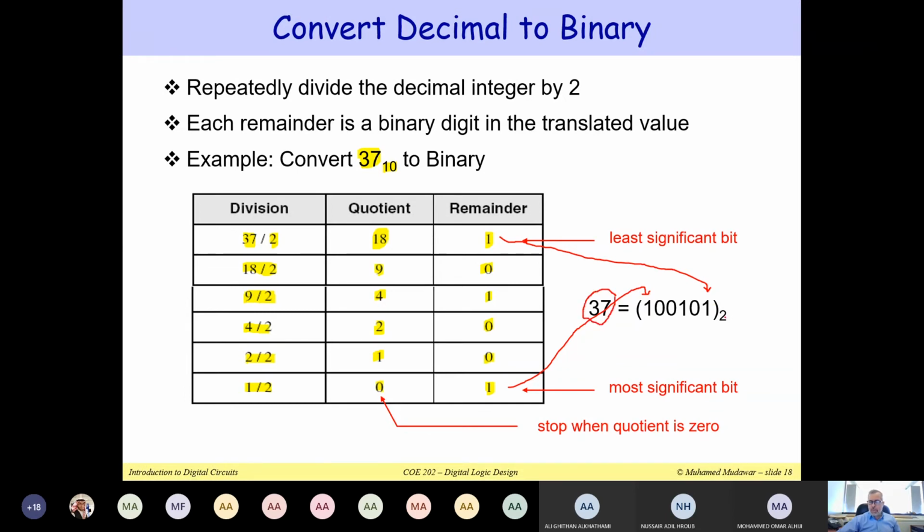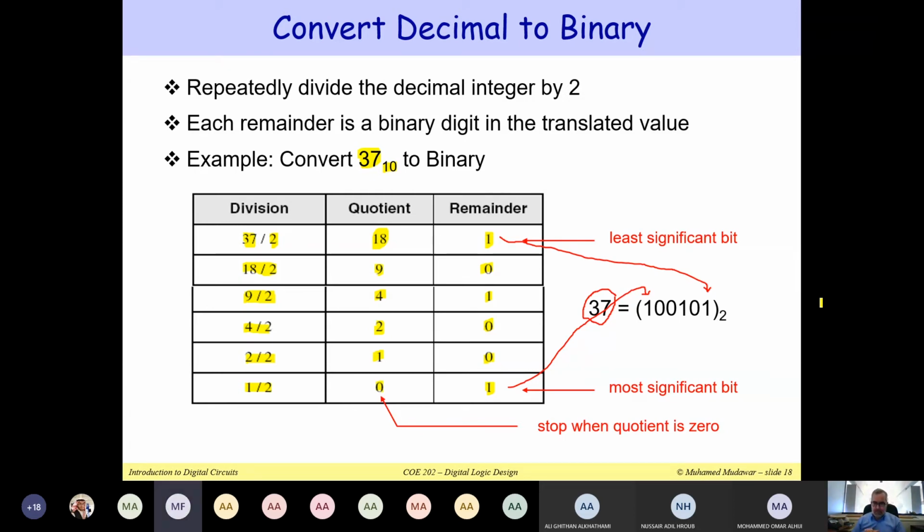In fact, you can convert it back from binary to decimal to check that your conversion was done properly. So if you add 1 plus 4, you can skip these zeros. So this will be 1, this is 4, this is 32. So 32 plus 5 is equal to 37. So therefore, the conversion was done properly. Is this clear? This is basically the conversion procedure. You can take any number in decimal and we can convert it to binary.